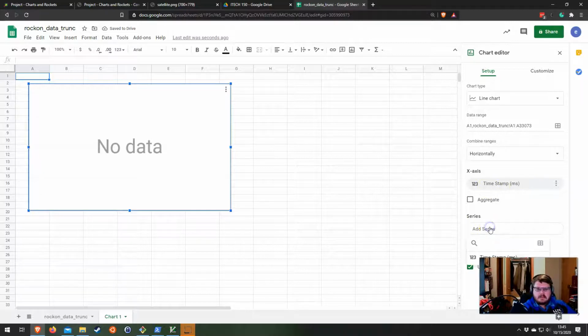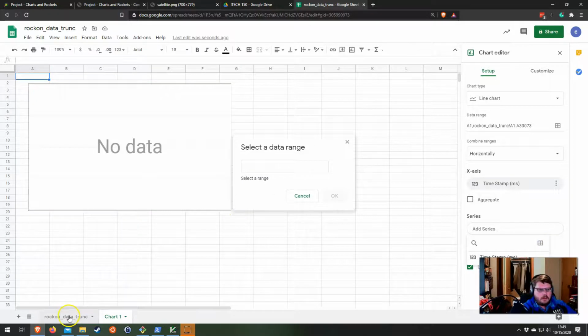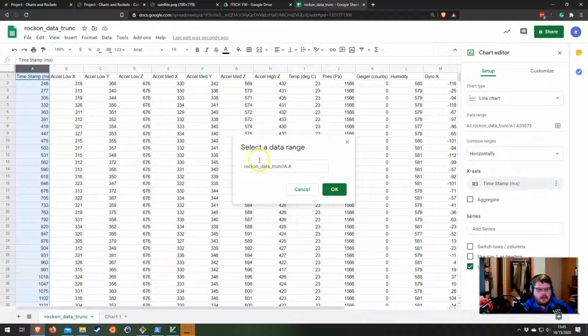Now all you need is some sort of series. So we'll go select data range. We'll go rock on data. And right now A is selected, so it's going to automatically assume that. But let's try low axis, low Z. Acceleration, low Z. So Z-axis at low,